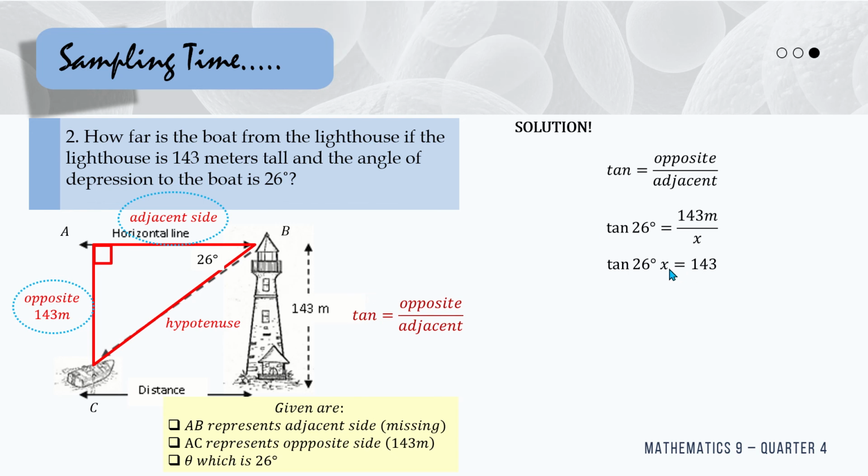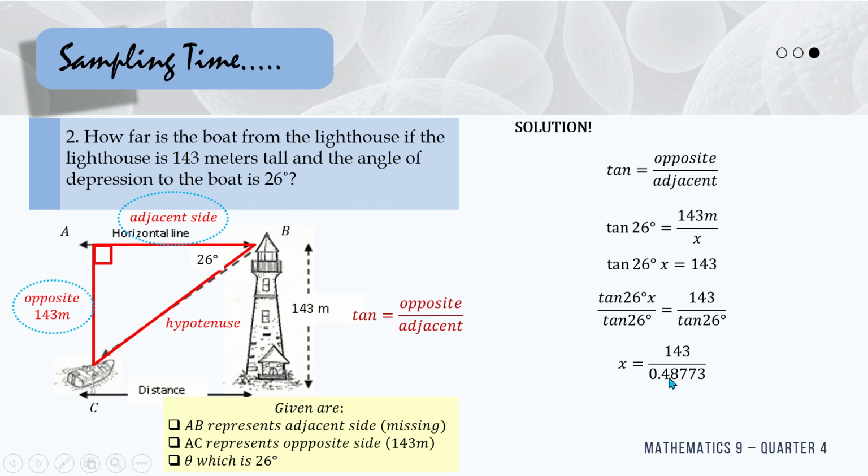So again, to solve for variable x, we eliminate the tangent 26 degrees. So what will happen? Okay, we divide. So tangent 26 degrees times x over tangent 26 degrees. We divide both sides. So it is equivalent to 143 divided by tangent of 26 degrees. So the tangent will cancel, leaving x. So x is equivalent to 143 over